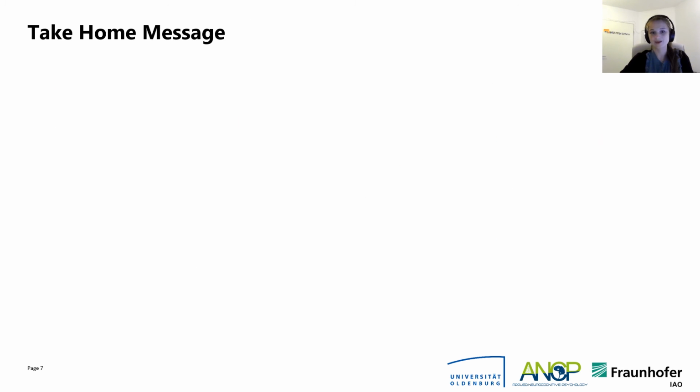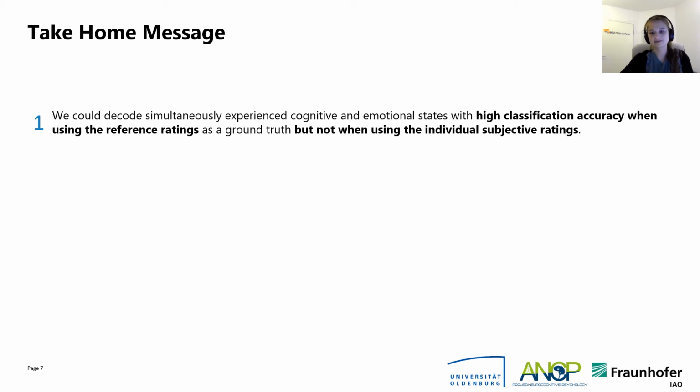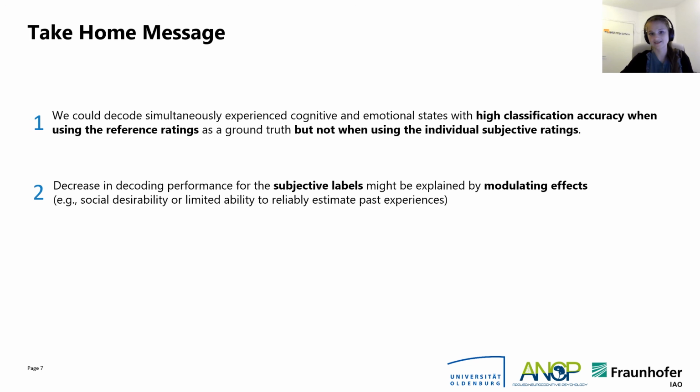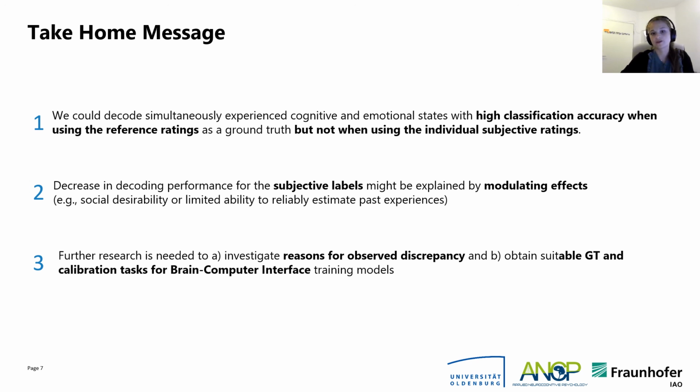To summarize, we could decode simultaneously experienced cognitive and emotional states with a high accuracy when using the reference ratings, but not when we change the labels into the individual subjective ratings. The decreased decoding performance might be explained by modulating effects, for instance, a limited ability to estimate past experience. Future research is needed to investigate reasons for the observed discrepancy and to obtain a suitable ground truth and calibration